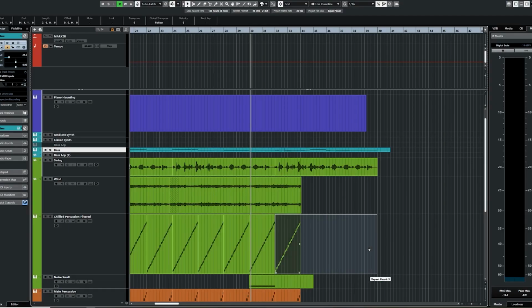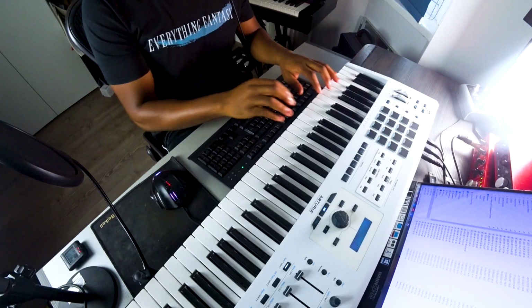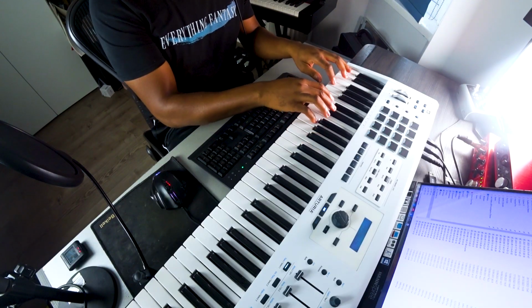I wasn't expecting to follow Beautiful Dead so closely, but I think it works here. And we can have the percussion going into this section as well. And I want the electric piano to do something like this. So let's try it. Let's play that in.